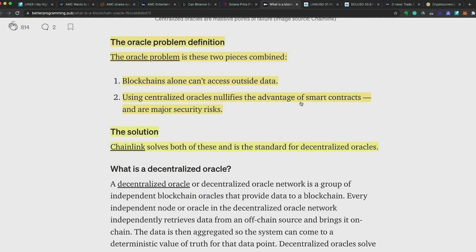This is the idea of a decentralized oracle. So I want to put this into application for you. The application side of this is huge. Chainlink, in my opinion, is one of the most undervalued coins and blockchain technologies, or blockchain interface technologies,